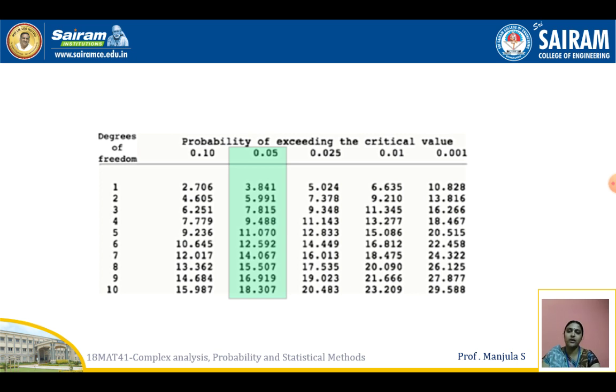If degrees of freedom is 2, the respective value will be 5.991. Similarly, if degrees of freedom is 8, the respective chi-square at 5% level of significance will be 15.507. Like this, with the help of this table, we can find the standard chi-square value. In an examination, they will mention the standard values in the question paper itself. Suppose they are not mentioned, they will distribute the table like this.